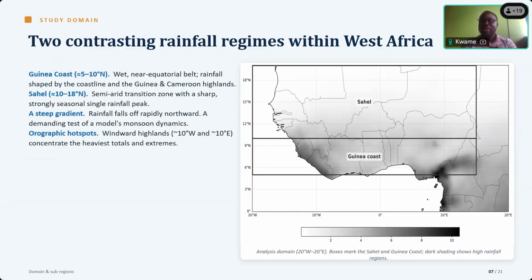It is mostly having higher rainfall, and we have highlands that are mostly wet throughout the season. So for instance, we have the Cameroon highlands over here. We have areas closer to the Guinea Coast that are always having maximum temperature. And the Sahel is relatively dry most of the parts of the year. And we have the windward side, as I explained earlier, where we have the highlands.